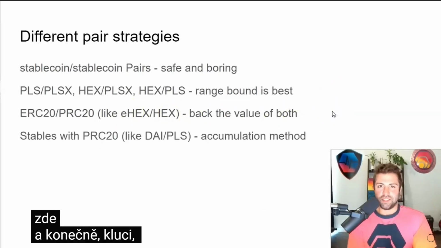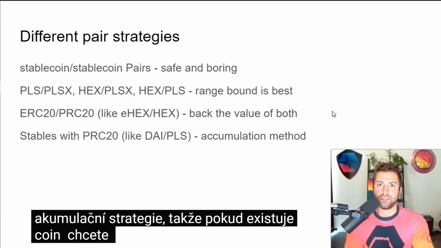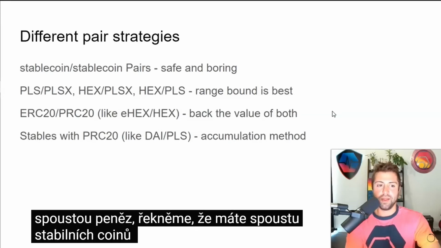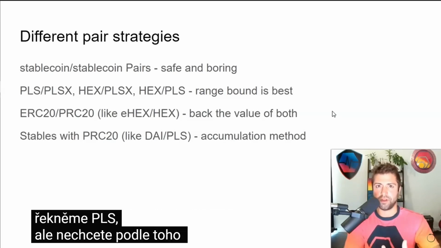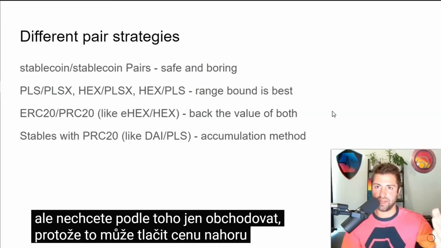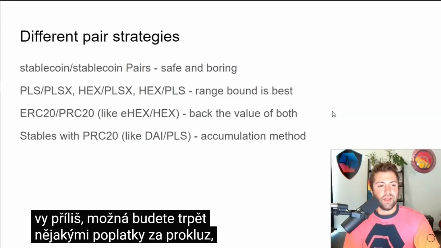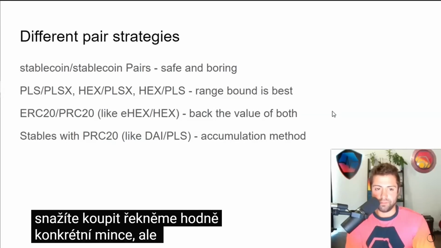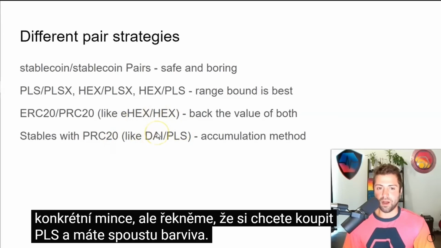And finally, guys, this last strategy is an accumulation strategy. So if there's a coin you want, and you're a guy with a lot of money, let's say you have a lot of a stable coin, and you want to buy, let's say, PLS. But you don't just want to market buy it, because that might push the price up against you too much. Maybe you'll suffer from some slippage fees. Well, if this is concerning to you, if you're trying to buy a lot of a particular coin, let's say you want to buy PLS and you have a lot of DAI,